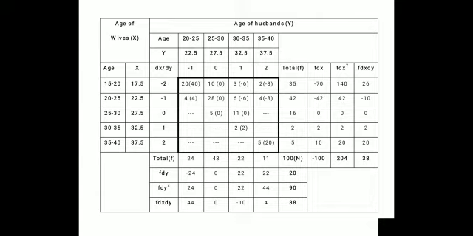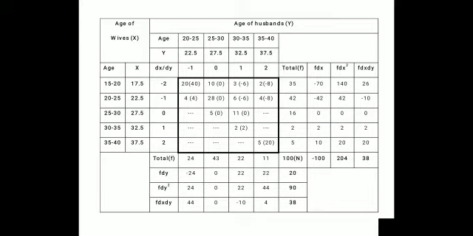Now almost all the calculations are completed and we should calculate sigma f dx dy. To calculate this, we should use the corner values. Here I have put the corner values in brackets. Now let us discuss how to calculate this f dx dy. This f dx dy first has to be calculated for each cell of the bold table. So f into dx into dy will give us f dx dy, right?